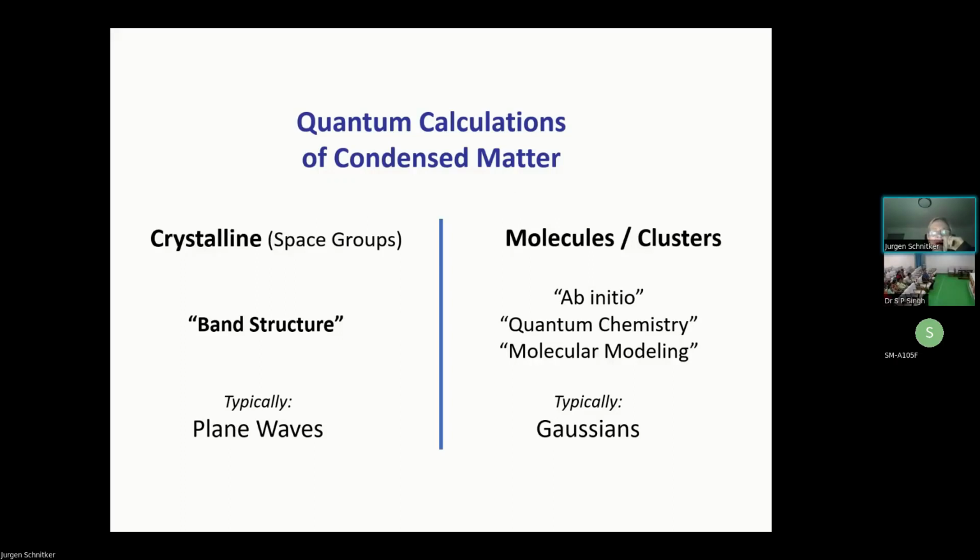with quantum methods. I suspect the majority of you are either material science or physics, and the one you are more familiar with involves the description of crystals using a space group, and then carrying out a quantum calculation with plane waves as the basis set. The buzzword is band structure calculations. Famous programs that do that are, for example, VASP and CASTEP. These are two big ones. There are some other ones, Quantum Espresso and so on.